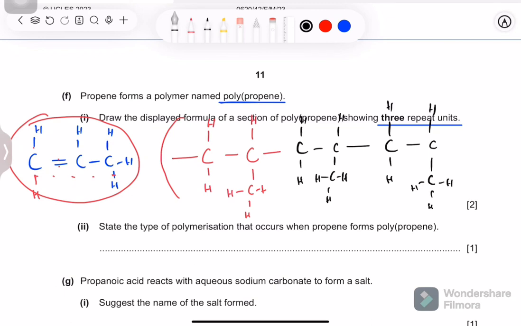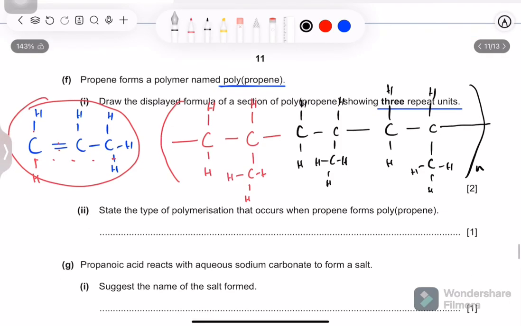CH3. This will extend till further notice because there are so many propenes joined together, we cannot form this. State the type of polymerization that occurs when propene forms polypropene. This is addition, in which a double bond of a carbon is broken and no other product is formed apart from the polymer. The second type we have is condensation